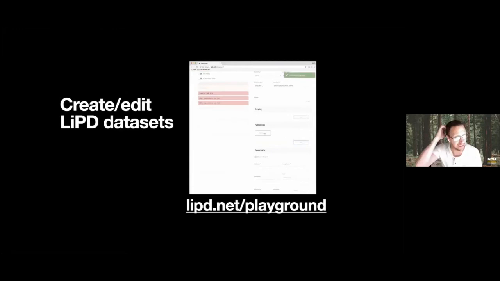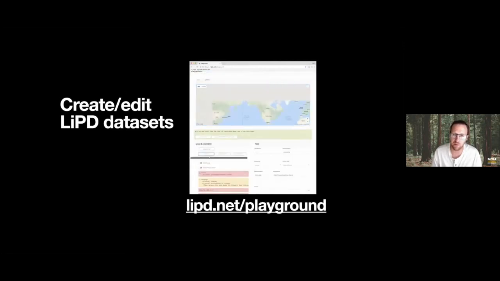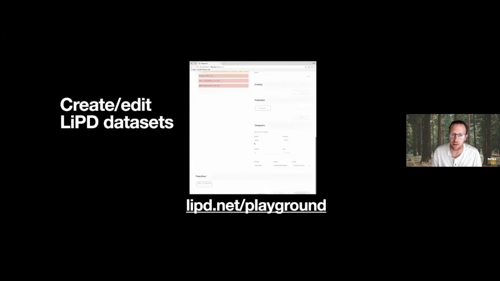Getting data into these compilations is a very iterative process. There are multiple steps, and it goes in circles, but first you have to get a bunch of data into a Lipid framework format. There are different ways of doing that. This video is showing the online tool, the Lipid Playground, which is the easiest way if you're looking to create a file from scratch, editing a bunch of data. You can copy and paste data in and describe it in a lot of detail. This video is actually a few years old, so there have been some innovations on this webpage since then, but the basic idea is the same.